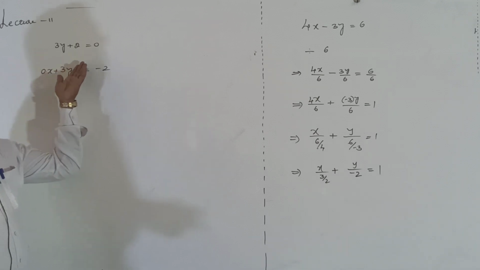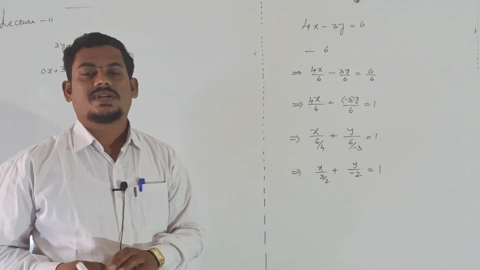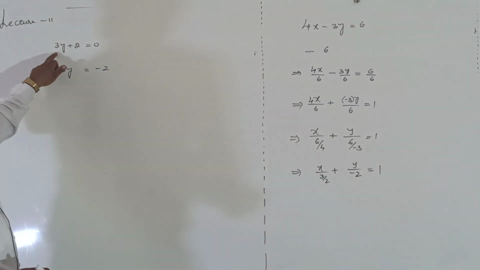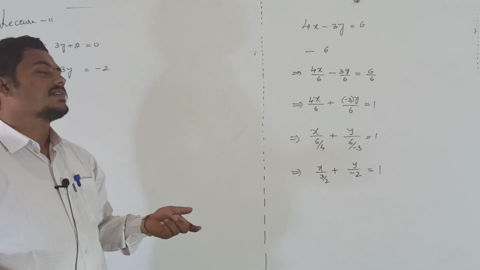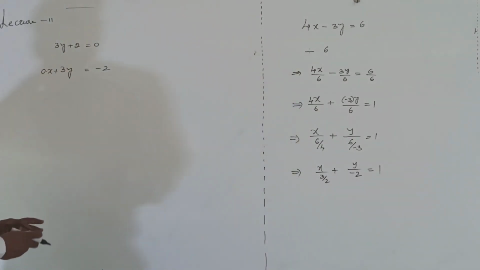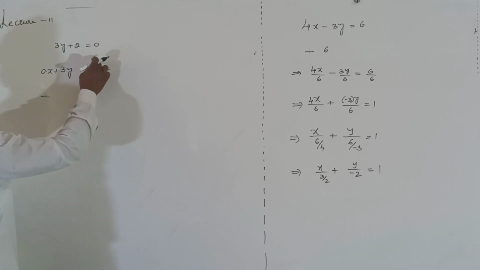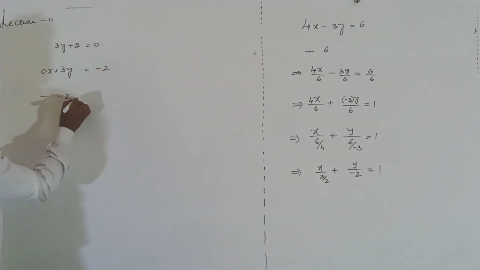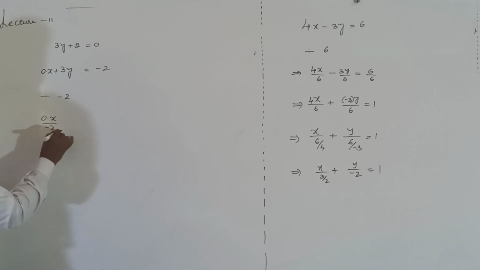If the x term or the y term is not there, then just take its coefficient as 0, right? In this case the x term is not there, so its coefficient is 0. Just take 0 into x, right? After that make the RHS expression 1. Make the RHS term 1 just by dividing with minus 2. Then it will be 0 into x divided by minus 2